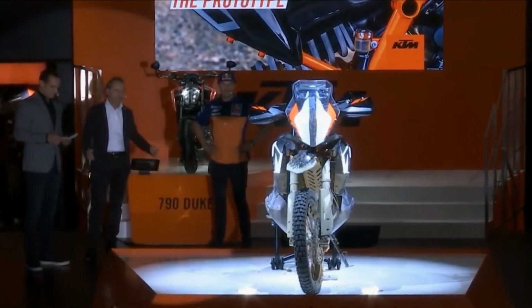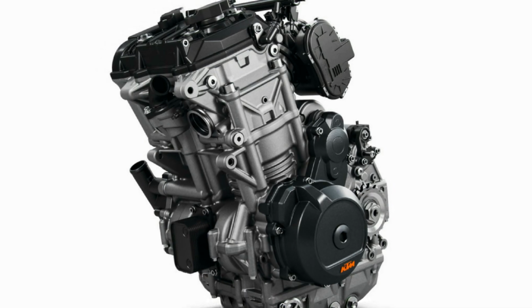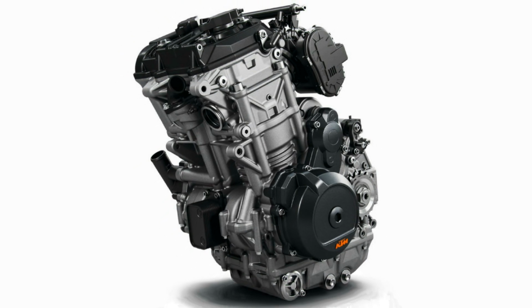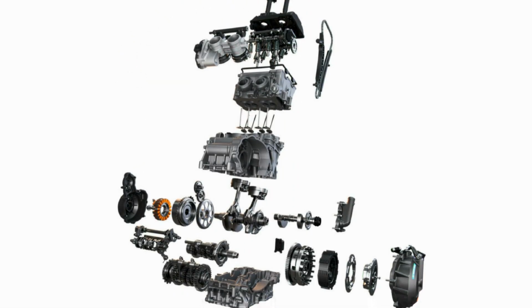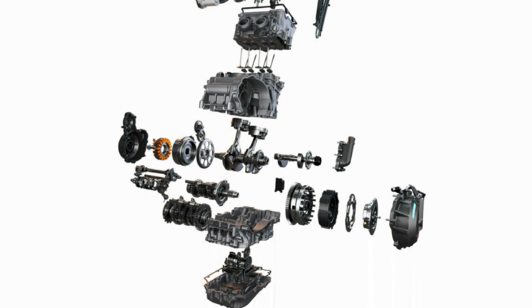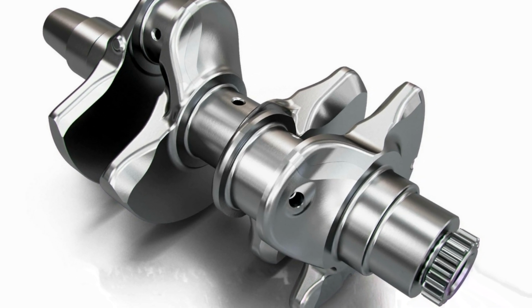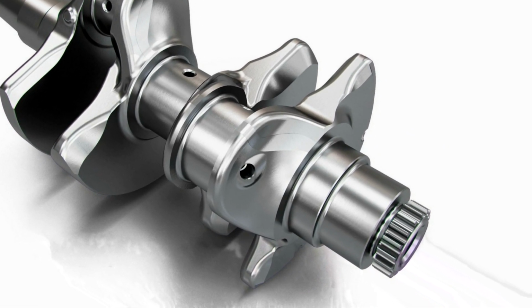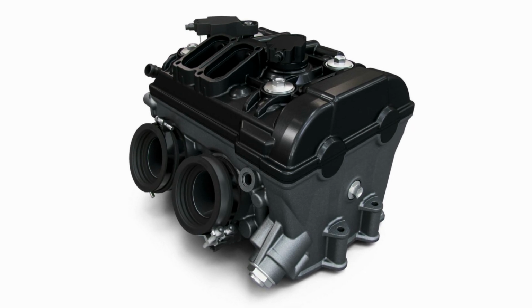The Adventure R is powered by the same 765cc parallel twin engine found in the 790 Duke. In the Duke, this engine makes around 105 brake horsepower. But the Adventure R being an enduro motorcycle, the power figures will be lower, around 90 brake horsepower or so, but it will definitely have a wider spread of torque. This figure should be more than enough for the highways and the freeways,